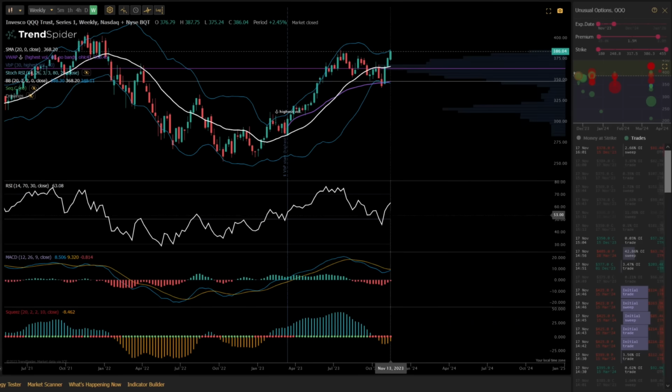Now with that being said, we still have bullish momentum with the weekly RSI above 50 and the MACD above 0 trying to cross over, but we have no official crossover yet. So while this is starting to look like a bull breakout, we really need that retest of the higher low